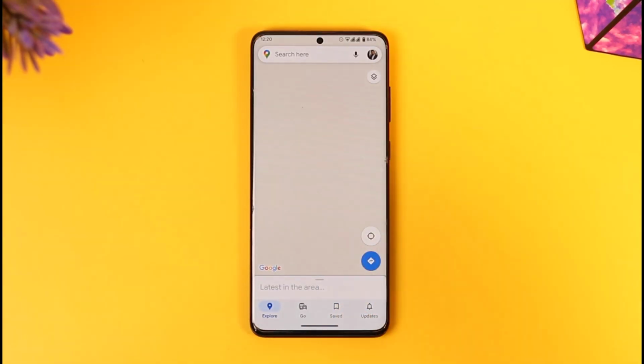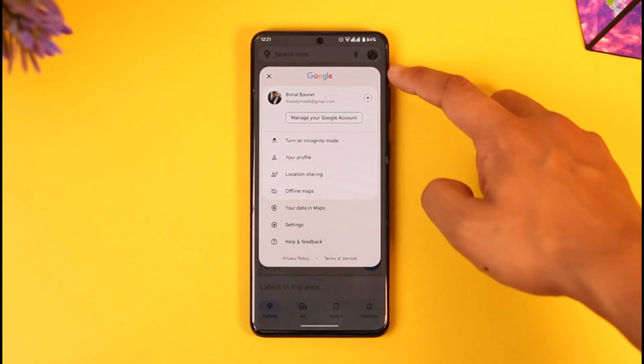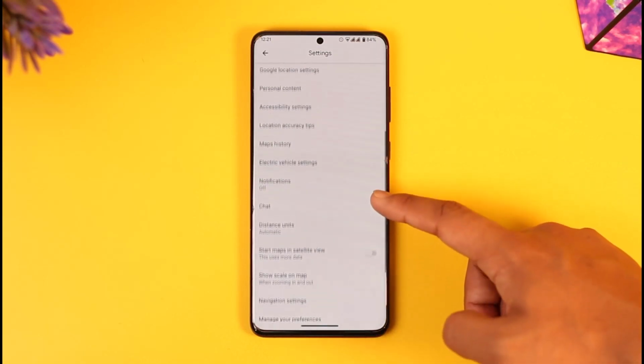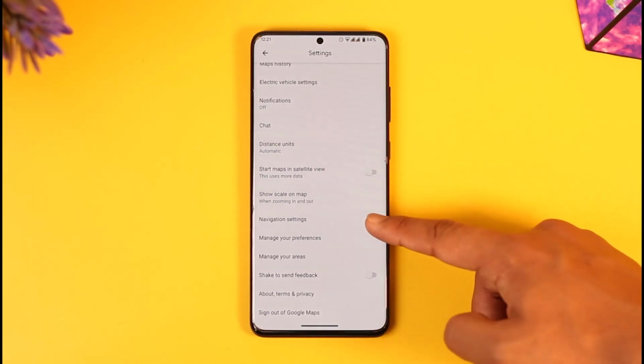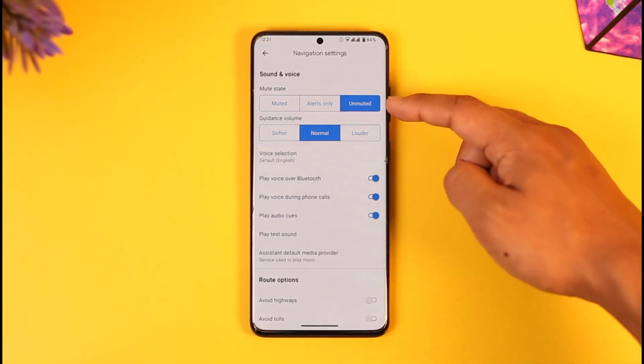So what I will do now is tap the profile icon from the top right over here. So let me tap the Google profile icon and go to settings. Once you go to settings, here you'll be able to set different sorts of options, but you want to go to navigation settings. And here you can see under sound and voice, you want to make sure to select unmuted,